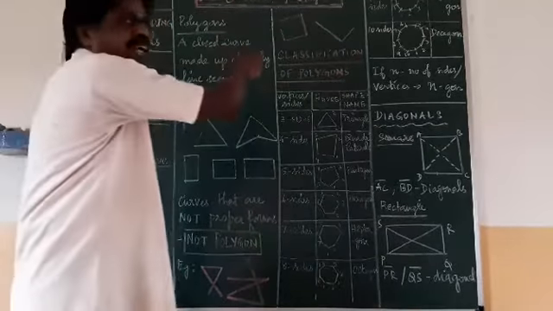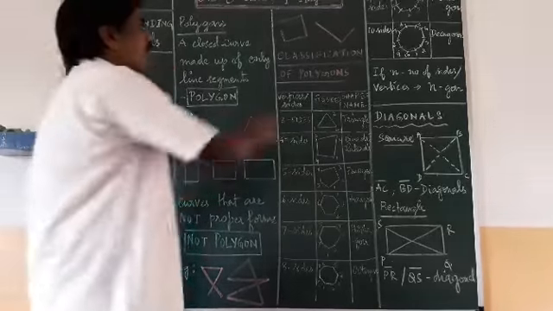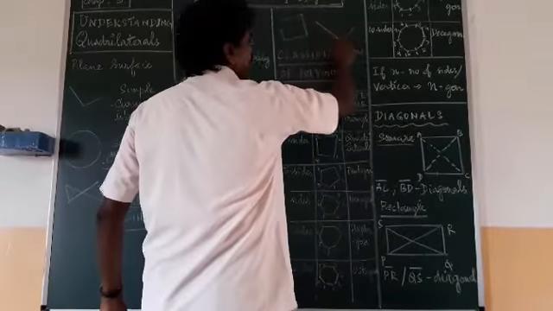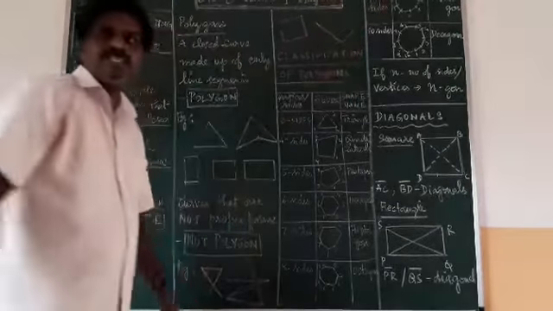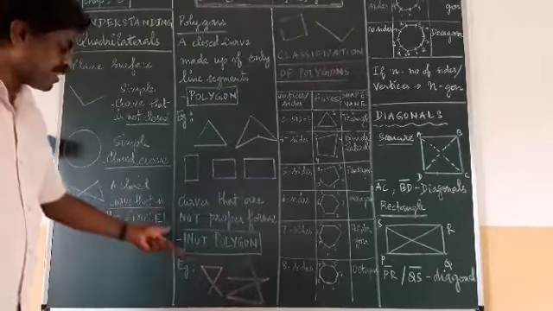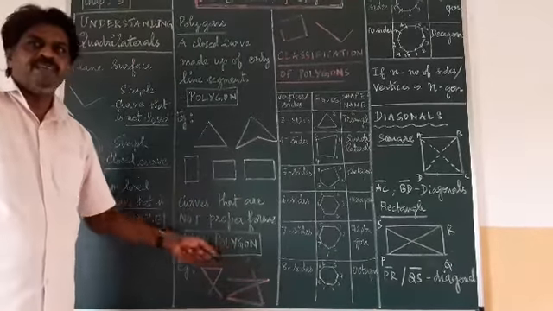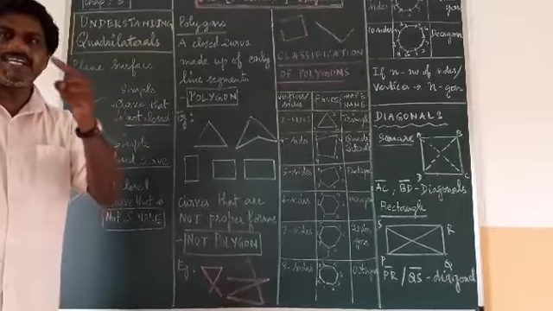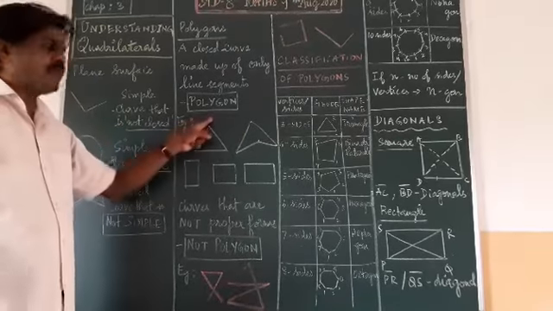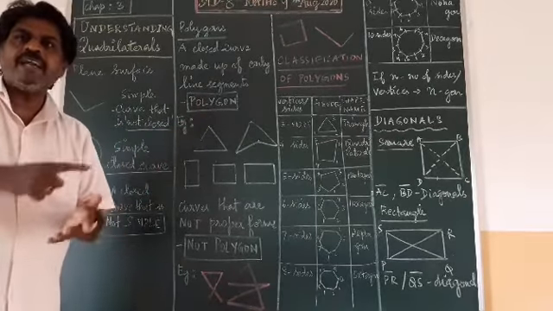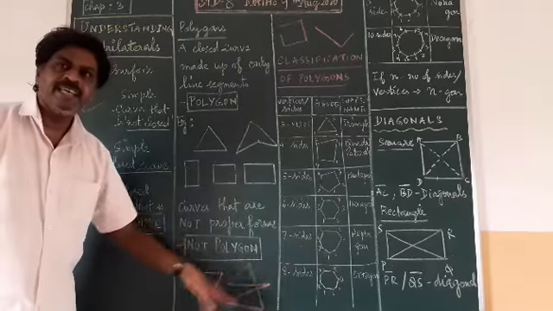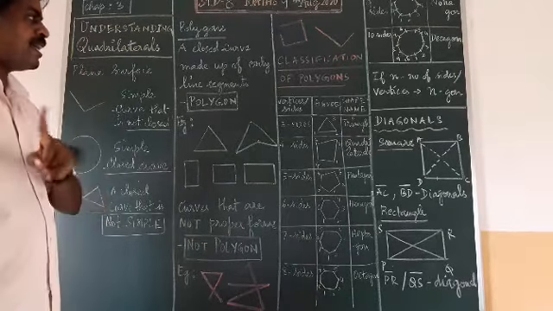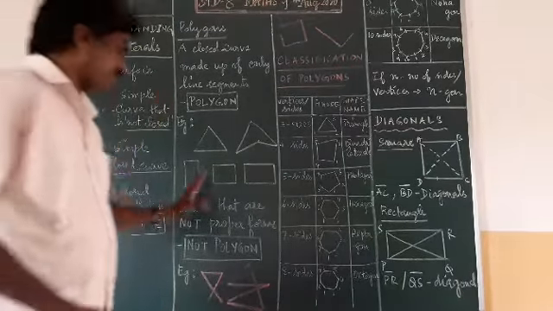Line segments are there, but it is not closed. Here also an open line segment is there. Here one, here one. It is open, so it is not closed. So these are called not a polygon. When line segments complete edge to edge, then it is called a polygon. If it is open or in a zigzag position overlapping each other, that is not a polygon. So that is the polygon we have studied.